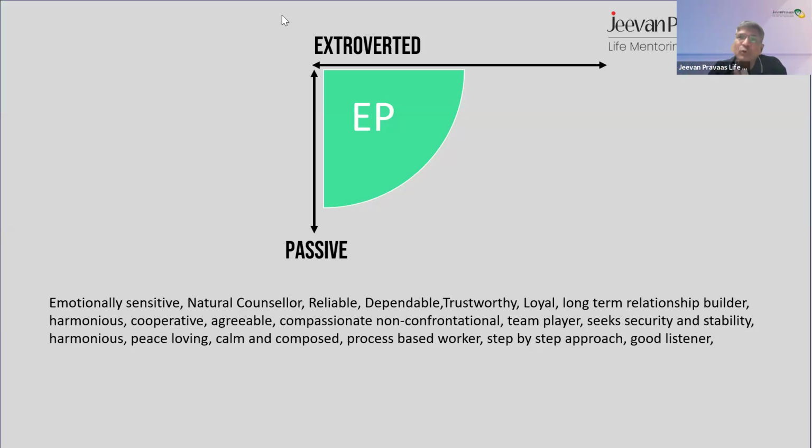Generally a person has got points in all four quadrants, but we take the two most predominant quadrants to understand them on a very broad level. If you have seen your reports, what we have done next is we have divided all these factors